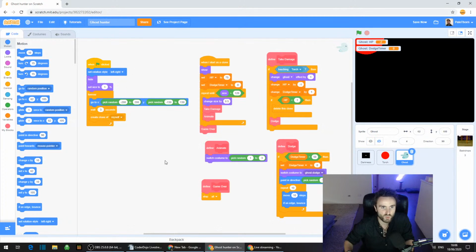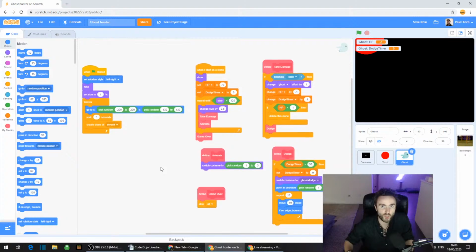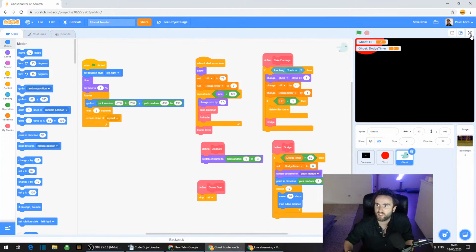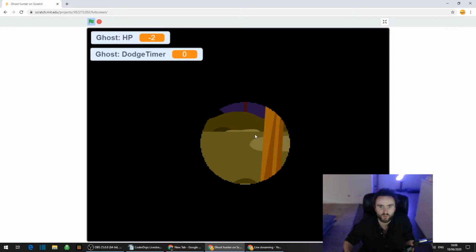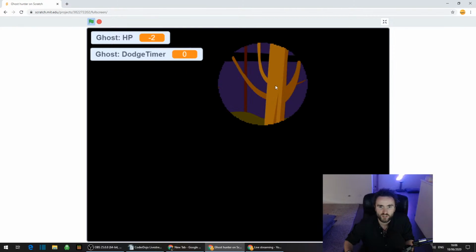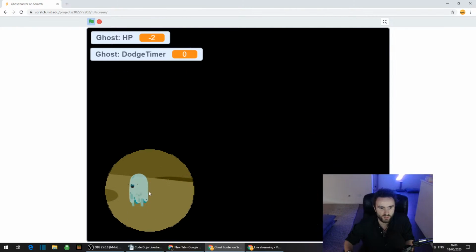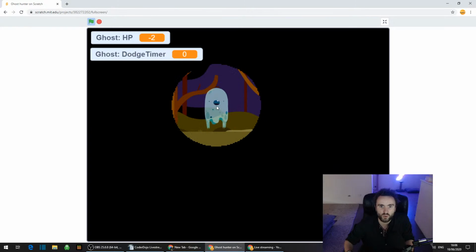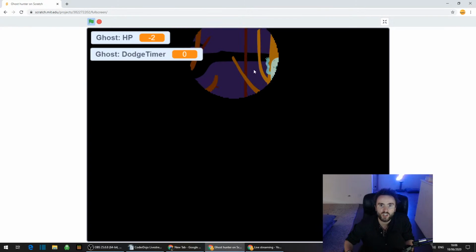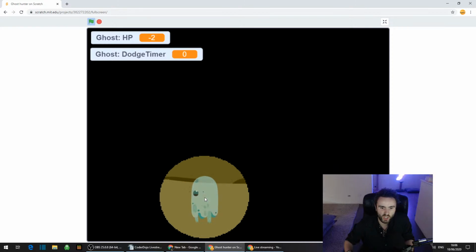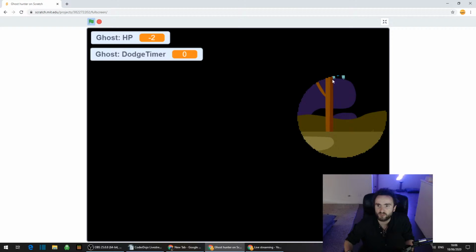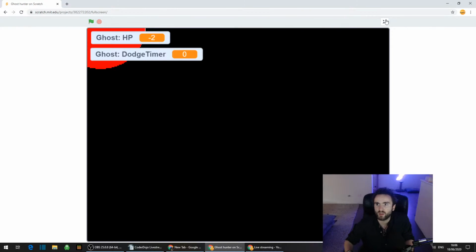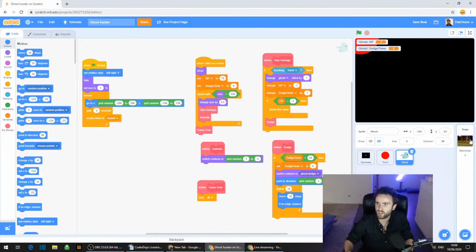And then we have the ghost sprite, and there's a few different bits of code that we put in there, a few different behaviors. So first of all, the ghosts appear. They spawn in a random location. You can see that they move around, and after you've been holding the torch on them for a bit longer, they try and escape the light. They kind of try and dodge, so that's kind of cool. And also, the more that you touch them with the light, the more they fade away and dissolve. So there's a few different bits of code there to make all those different things happen, and I'm going to break it down for you